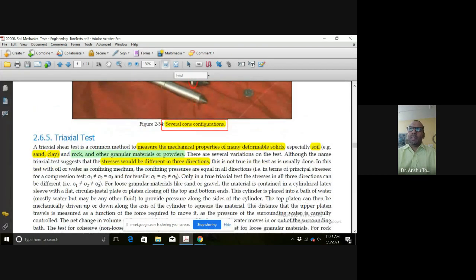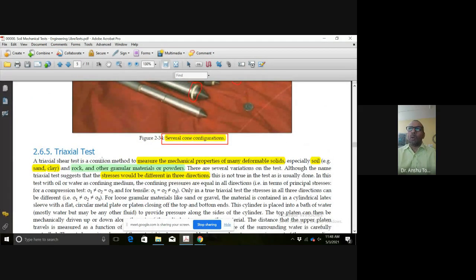Then we have the triaxial test. This we will discuss next time. The purpose of the triaxial test is that, in this we have a disturbed sample, and we try to arrange an undisturbed sample out of the disturbed sample to find out the stress on the sample from the three sides. What is going to be the mechanical behavior of that particular soil sample? Any type of soil sample can be tested, which comes into the category of triaxial test feasibility.